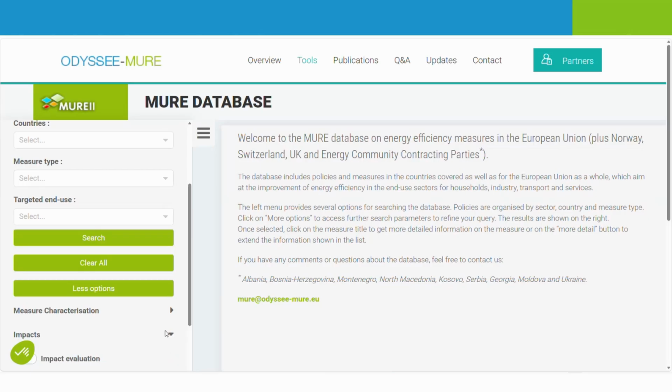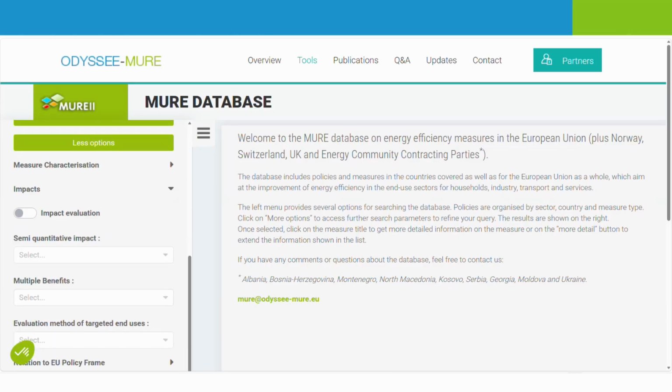In the Impact section, you can filter measures based on the availability and the type of impact-related information. The first filter allows you to select measures that include quantitative data on energy savings. The second filter enables you to select measures based on a semi-quantitative impact rating, low, medium, or high, as assessed